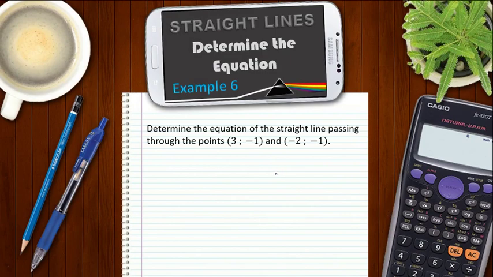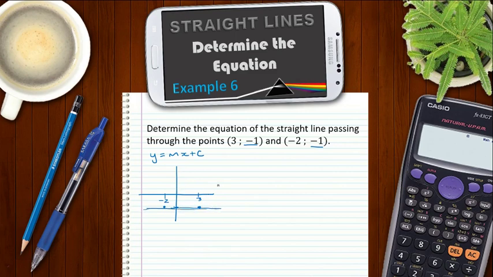Right, now determine the equation of the straight line passing through these points. Now we still need y equals mx plus c, but if we look closely we see that both of these y values are equal. So what does that look like? If I draw it on the Cartesian plane, where minus 2 lies here and 3 lies somewhere over here, and this is where minus 1 is, then one point lies there and your other point would lie there. So that means the line that goes through these 2 points is exactly